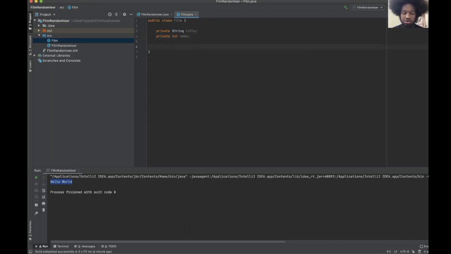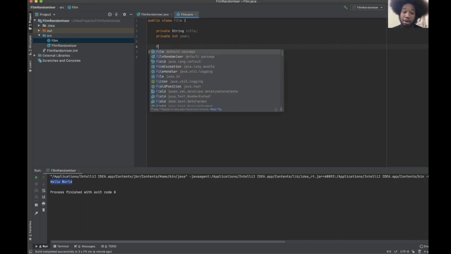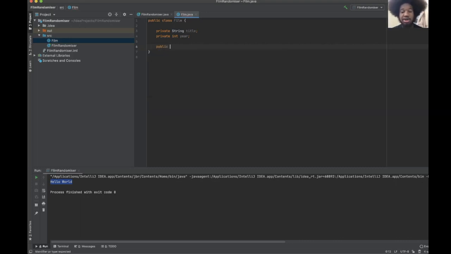We're going to give it a constructor. A constructor allows you to create the object. The constructor is called when the object is created, and we can set up the object using the constructor. So I'm going to write public Film, so we can access it from another class. Public Film, we're going to pass in what we want the title to be called, string, sorry, not string, int for the year,